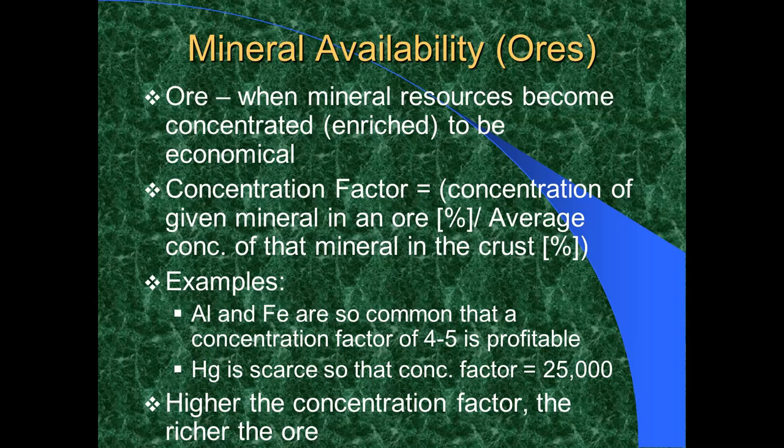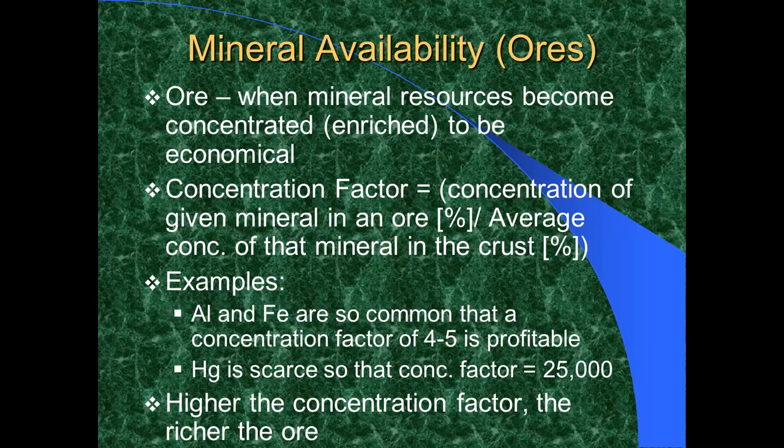Now, in order to calculate whether a mineral resource is an ore, we calculate something called the concentration factor. This is the concentration of the given mineral in an ore expressed as a percentage divided by the average concentration of that mineral in the Earth's crust, also expressed as a percentage. So let's say that we find an ore body that's 30% aluminum. That's that first number there. So that ore body, that would be 30. We would then need to know the concentration of aluminum in the Earth's crust